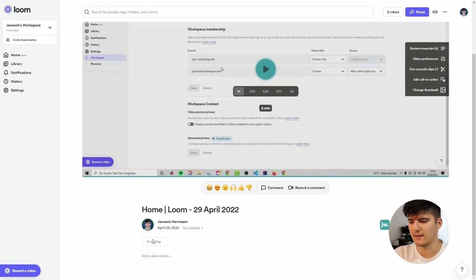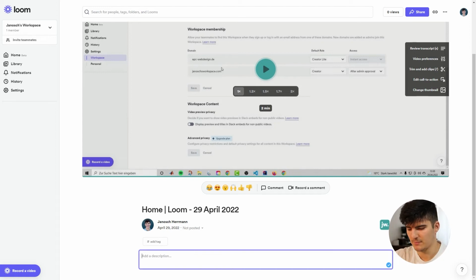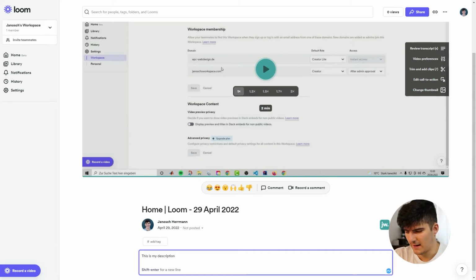And how you can do that is through this description field at the bottom. Here you can write your description. So you can just say, this is my description, like this. And I can also add the chapters here. So if I press Shift Enter, I can say, well, I want the timestamp for some specific clip to be 0:30. So at 30